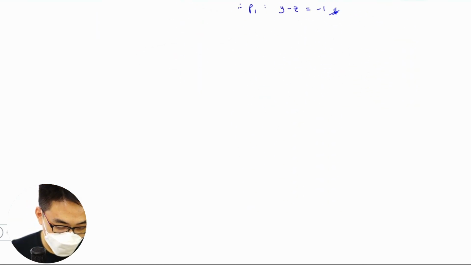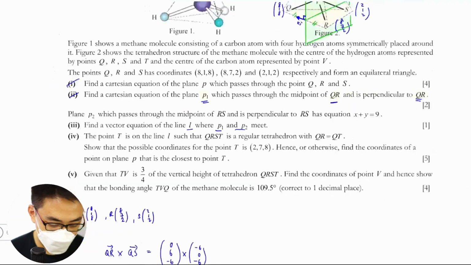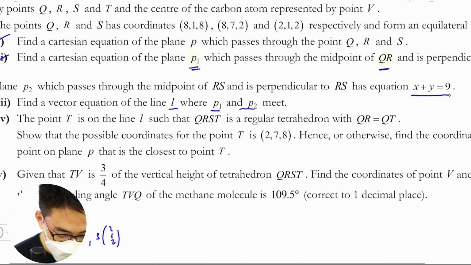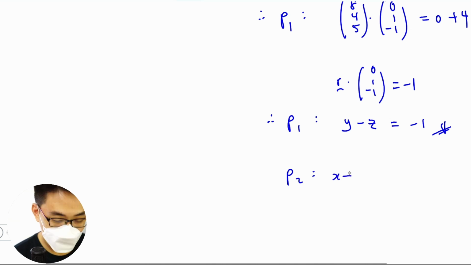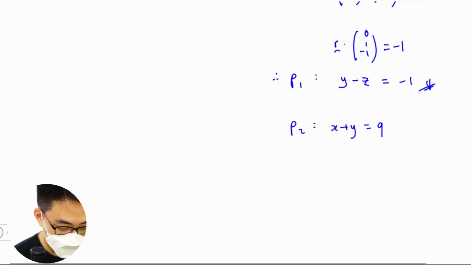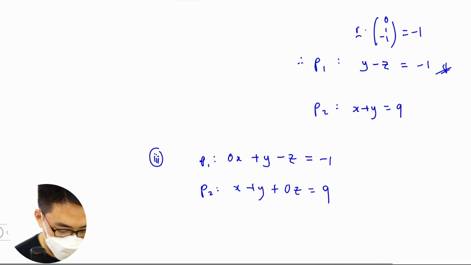You are supposed to find the intersecting line between P1 and P2. So P2 is this equation here, x plus y equals 9. You just use the calculator, because it's only 1 mark. 1 mark meaning they can't give you method marks, so you don't need to show it. Okay, so from the GC,